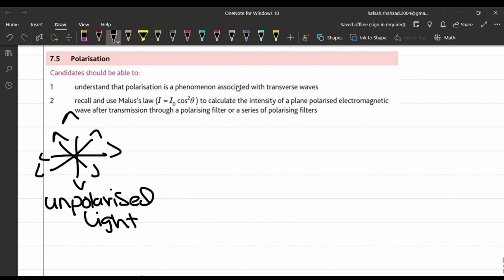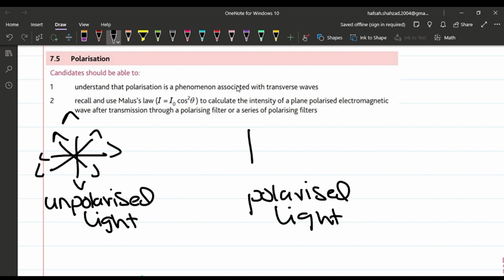However, a polarized light is an orientated one. It's not random. It's in a particular specified manner. Like for instance, let's suppose I take a polarized light which is only moving in vertical direction. So all the particles are moving in vertical direction,